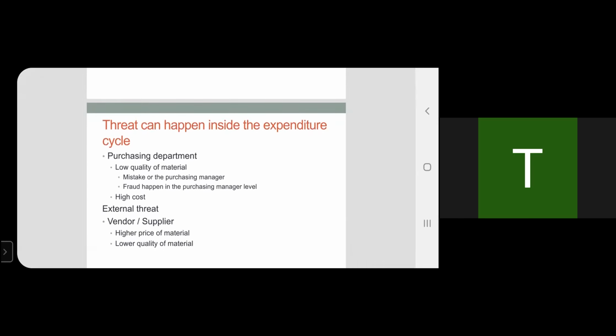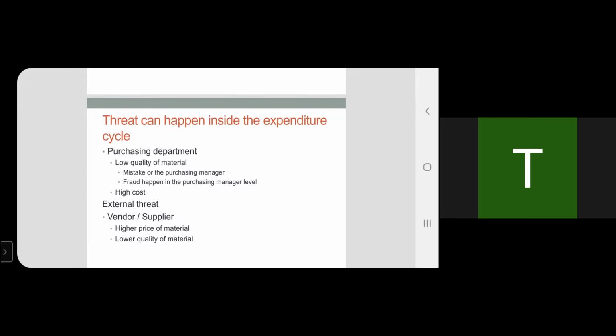After that, the purchasing department, as Jumbo just said, that is a mistake of the purchasing department, or it can also be fraud done by the purchasing department, because they are not taking the best vendor for us. So maybe this can be avoided by having another person check the quotation from the